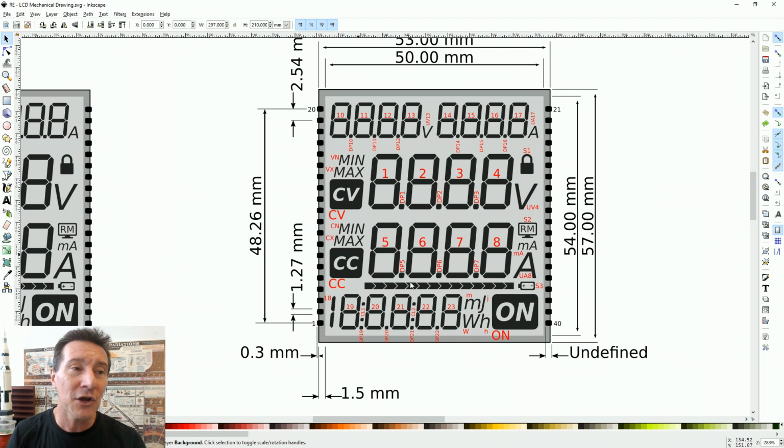And really, you don't have to get as complicated as this. You don't have to specify it precisely. You could draw it on the back of a napkin if you wanted to, and give them that and say, hey, make us one of these LCDs, and they'll just draw it up. They may even touch this up a little bit, shuffle things here, shave a little bit off in there, because